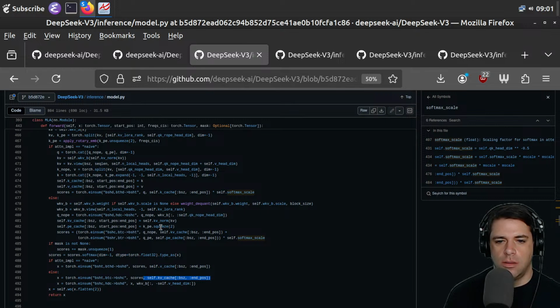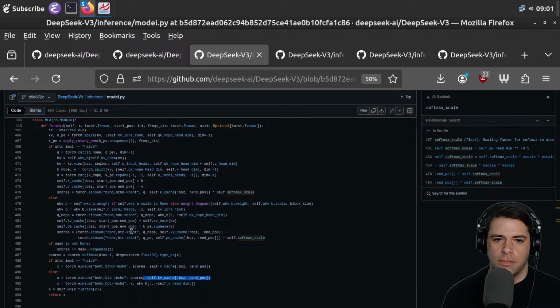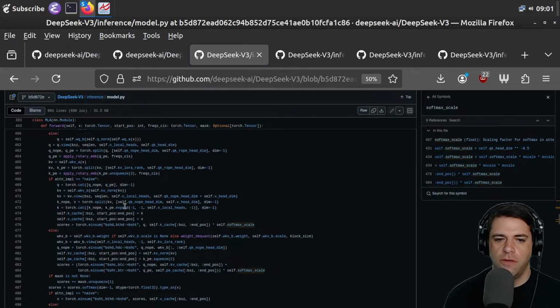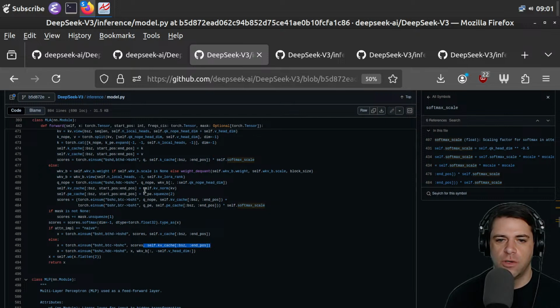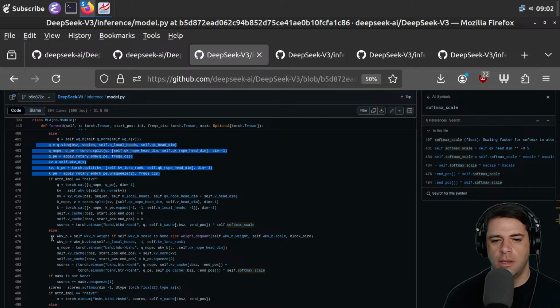And I don't know what I'm looking for here. Maybe I'm just making sure that I am understanding the flow of information well. So this is the embeddings and splitting up and stuff. This is